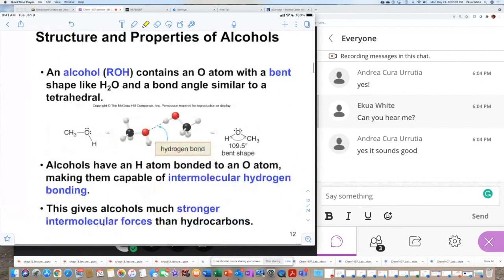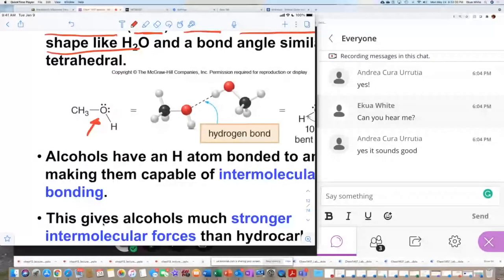Okay, so we're moving on. We talked about all of these before. So remember, I told you guys before, when they're asking you for shape, they mean molecular geometry. So when we're looking at an alcohol, the general formula ROH, it contains an oxygen atom with a bent shape. So when we look at, we're told that this alcohol around,